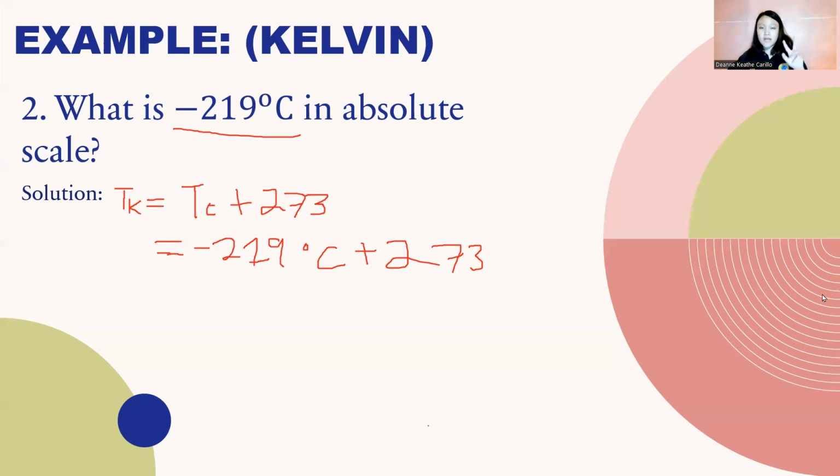And also, pag magkaiba ng sign, magbabawas yan. Tandaan natin. And kapag parehong negative naman, ay mag-a-add up yan. Pero negative din ang sagot because both of the numbers are negative. And it has no positive sign here. 54